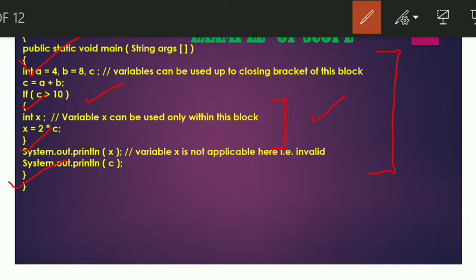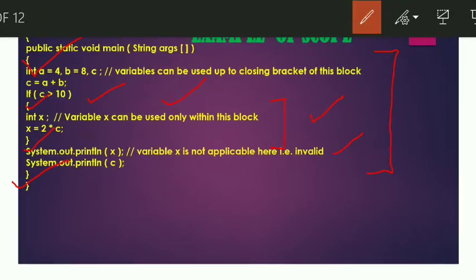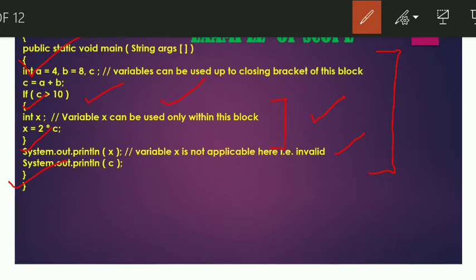But if you see, after the closing brace, I've written System.out.println(x). Now this x is invalid. Why? Because it is used outside the scope, outside the opening and closing brace. So it is invalid. To rectify this error, we have to put it inside the opening and closing brace of this if statement.